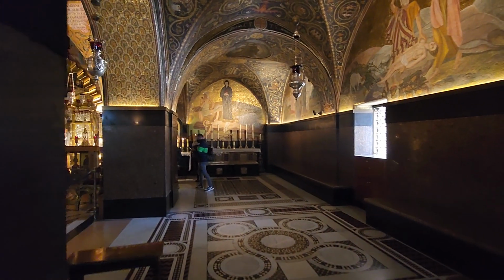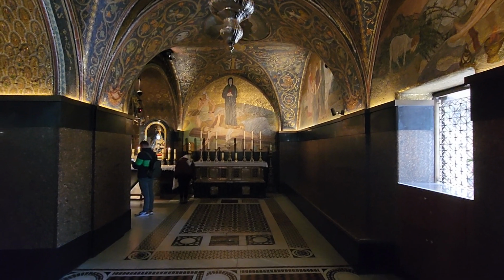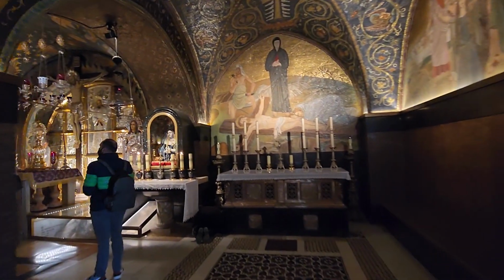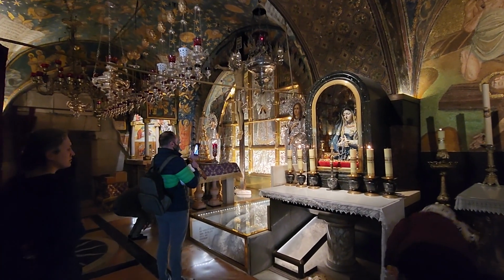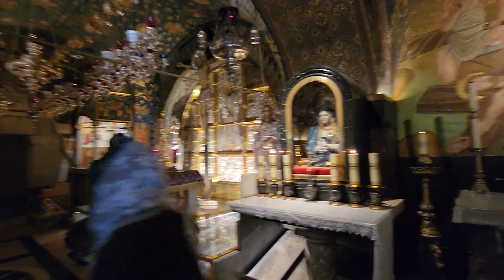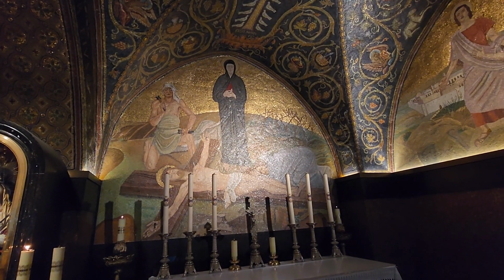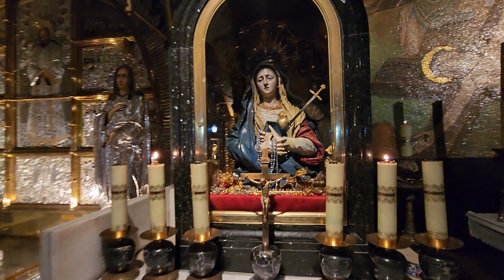Then we climb up to the top of Golgotha, the Calvary. It's divided into two. Before someone comes, let me stand in the short line because I want to bless it at the crucifixion site itself. That is usually busy. Meanwhile, you can see the nailing to the cross right here. This is part of the Catholic chapel. And here, Mary with a spear in her heart,